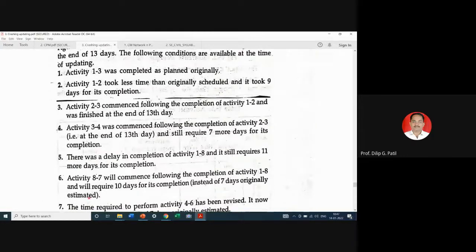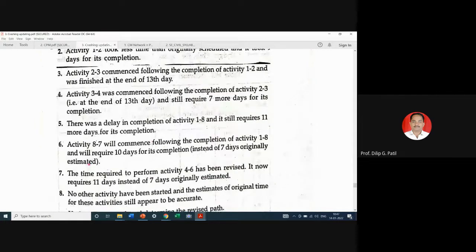So activity 1.2 took less time than originally scheduled and it took 9 days for its completion. Activity 2.3 commenced following the completion of 1.2 and was finished at the end of 13th day. So activity 2.3